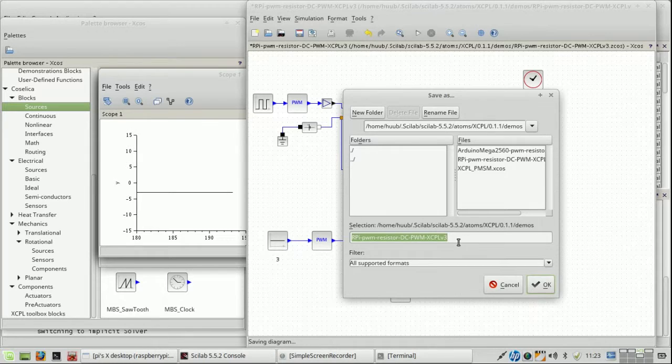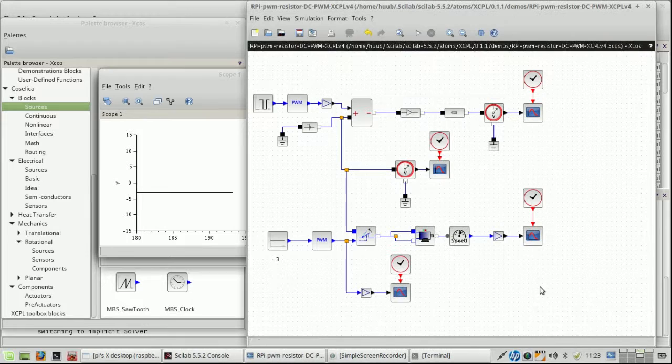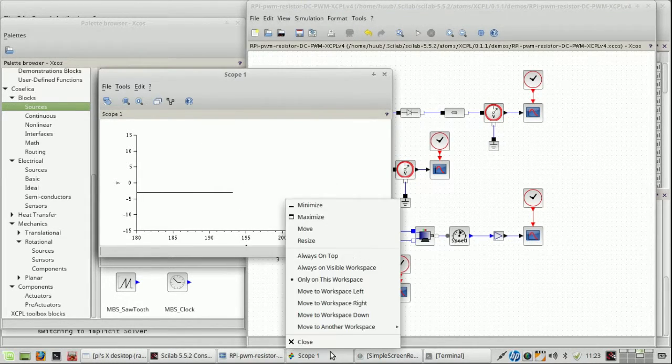Let me rename this to 4. Xcos, yes. Go. Which is wrong, by the way. This is not the correct place. But anyway,